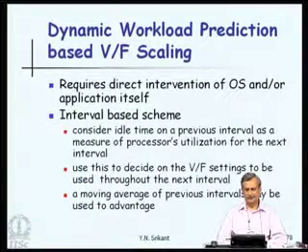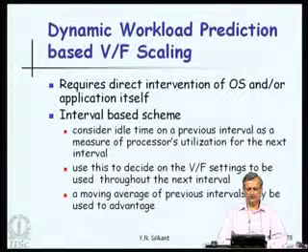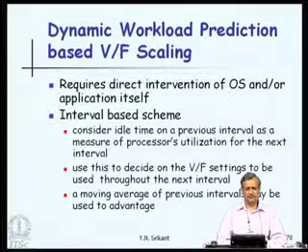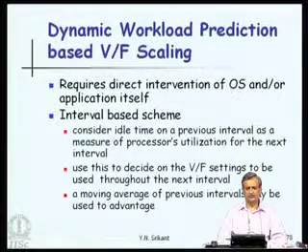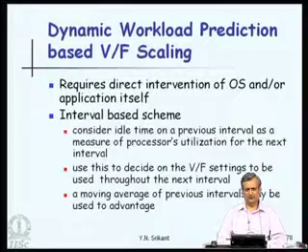In such a case, it is possible that by running the CPU at a lower voltage and frequency during the next interval, we are going to save some energy, but at the same time stretch the activity factor to 1 and make sure that the CPU itself, rather the program itself, does not suffer in performance.